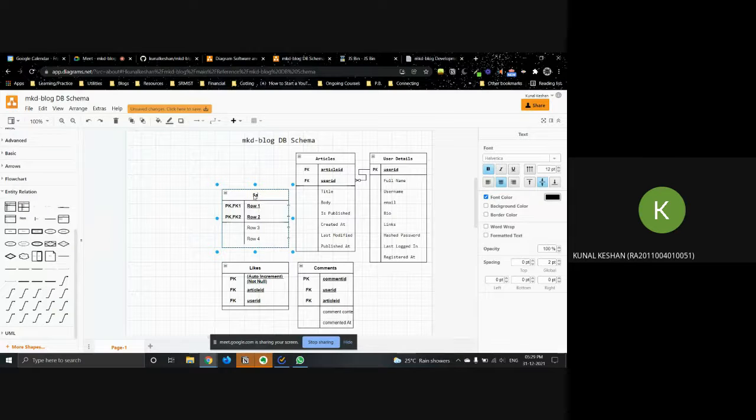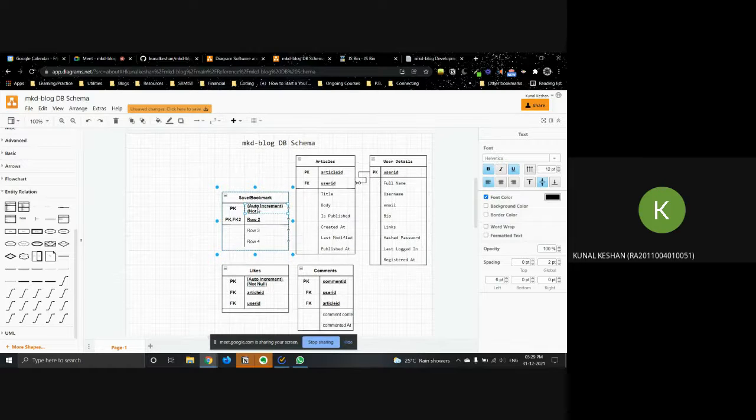So this is like save, something like a bookmark article, right? So in this case, again a primary key, but it has no significance. It's just an auto increment and not null.